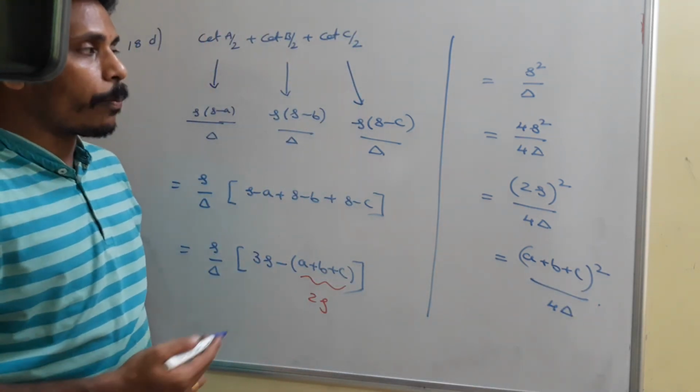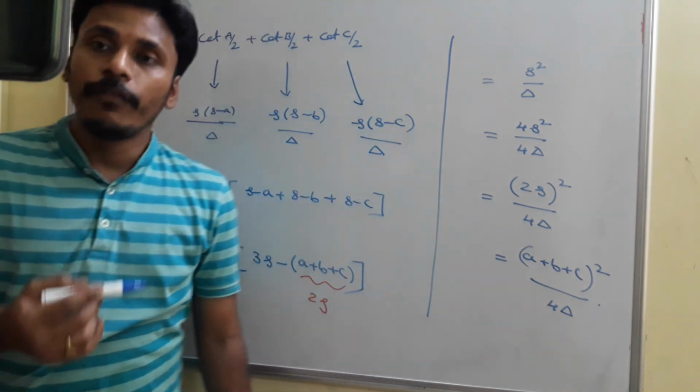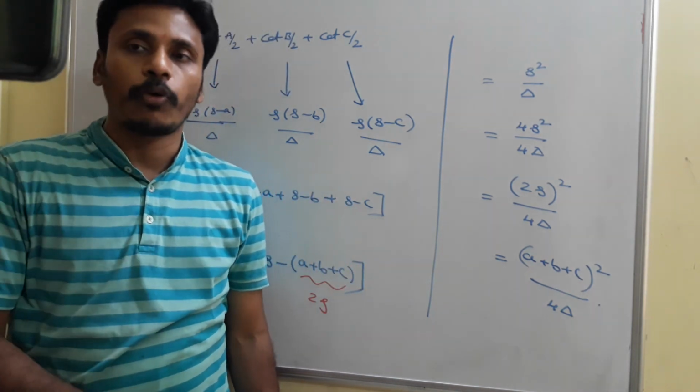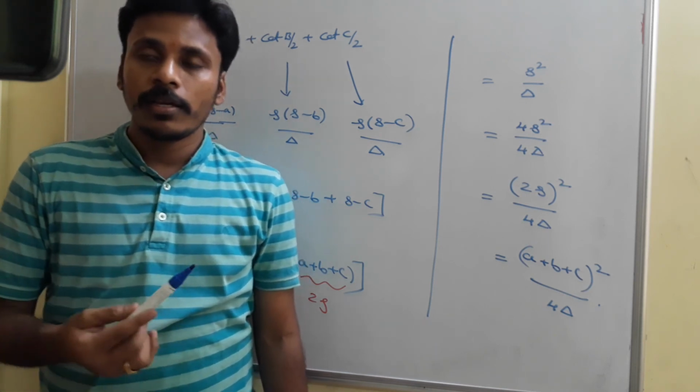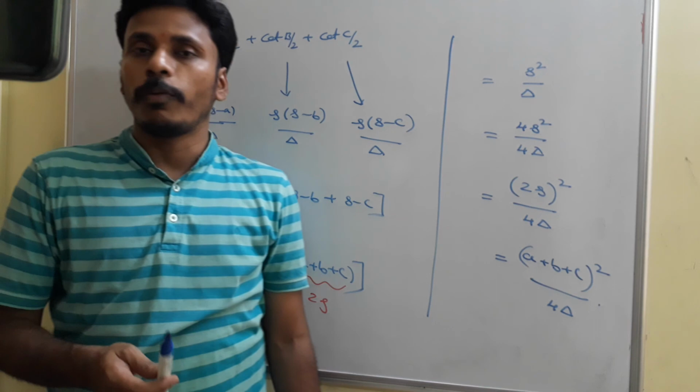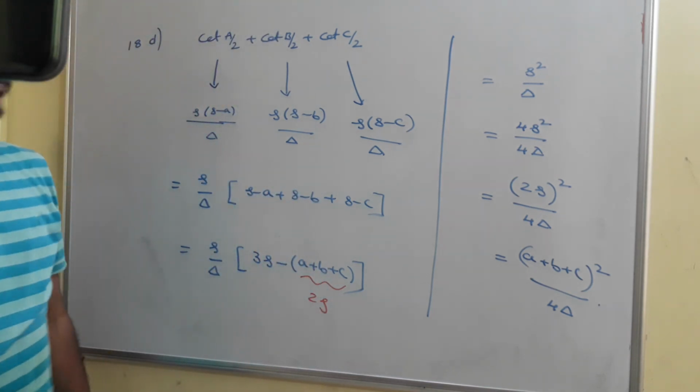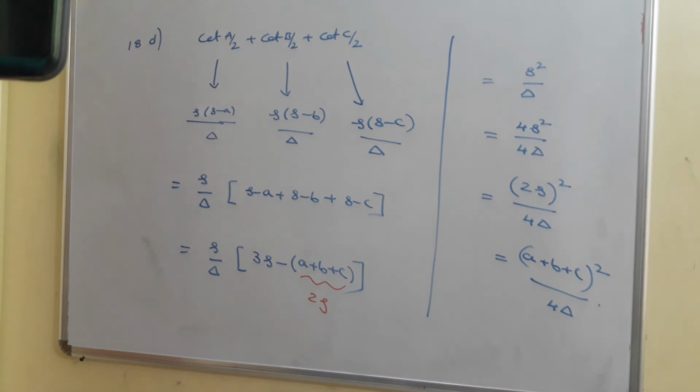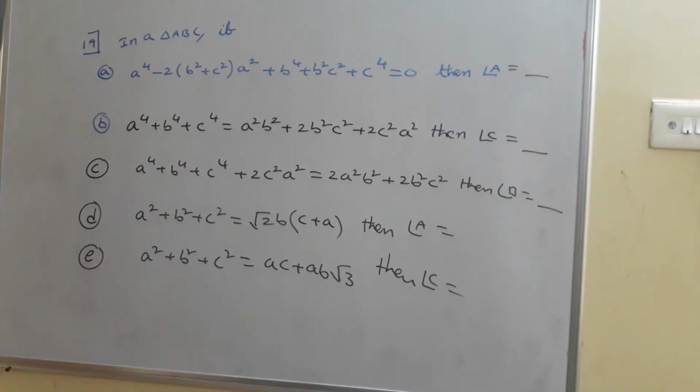Completely, the topic, the simplifications and the standard results, everything is based on the formulas with algebraic skill. You need to memorize all the formulas and you have to use your logical skill to simplify and solve the problems. Just have a look. This is 18D. Now look at the board, 19th point. There are different problems related to triangle ABC, and you need to simplify the given conditions on ABC using factorization, and then by using the cosine rule, simply you will get the values of those angles. And then we will discuss this in the next class.